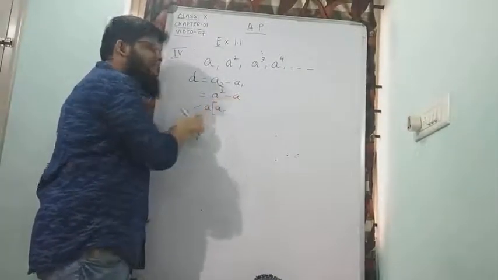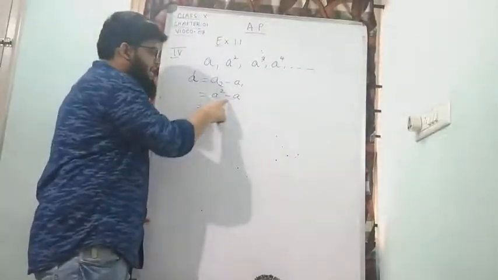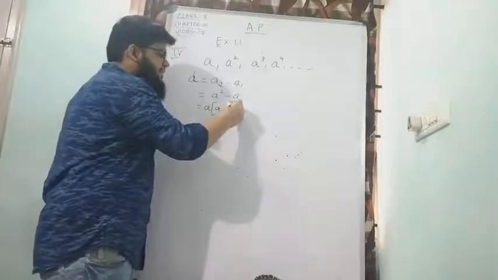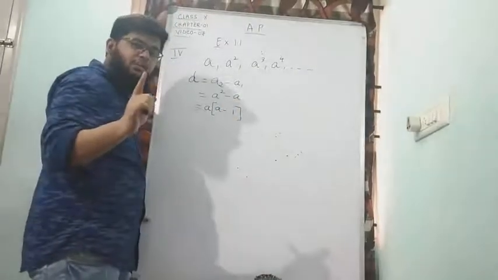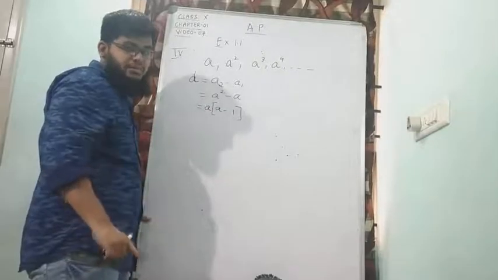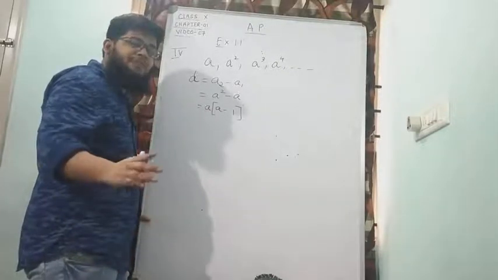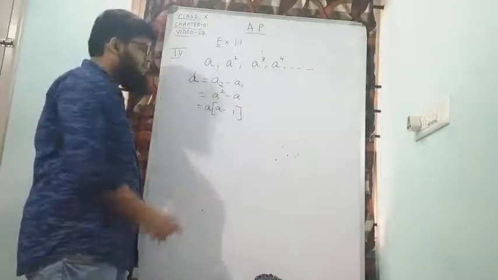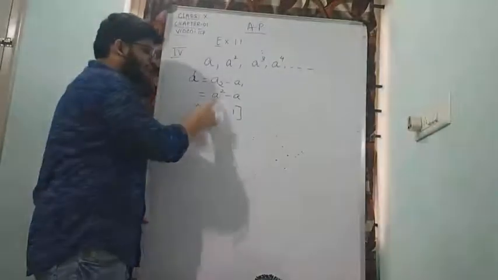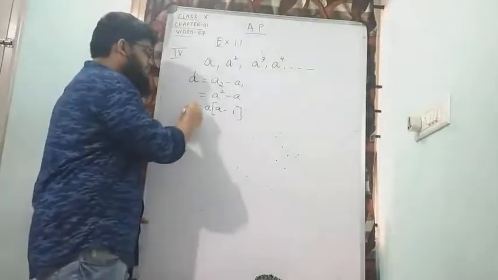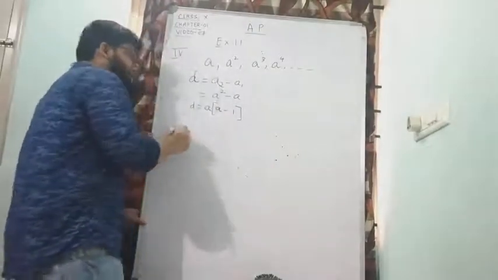From this and this only I had taken out common, right? That means this A is already outside. So nothing is remaining in this place. That's why when nothing is remaining, you should write 1. Because when you multiply 1 with anything, it becomes the same number. Even with letters. Just like 5 into 1 will be 5. Like that A into 1 will be A. So A into A will give me A square minus A into 1 will give us A, and that is the value of D first time. Second time,